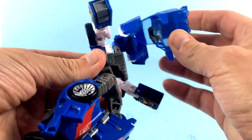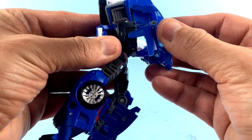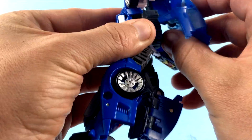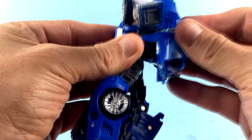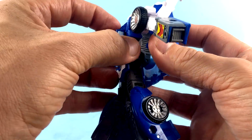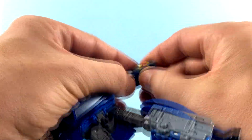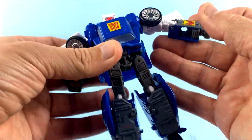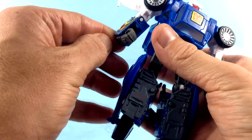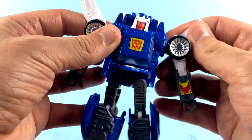Pull this down, and then that will reveal a little tab here that's going to lock into the back of his spine. Just kind of get that positioned, collapse it in, and I always tend to push the chest in, but you want to have that protrude just a little bit. Rotate these hands out. Do that on this side as well. And you're just going to kind of angle these wings,